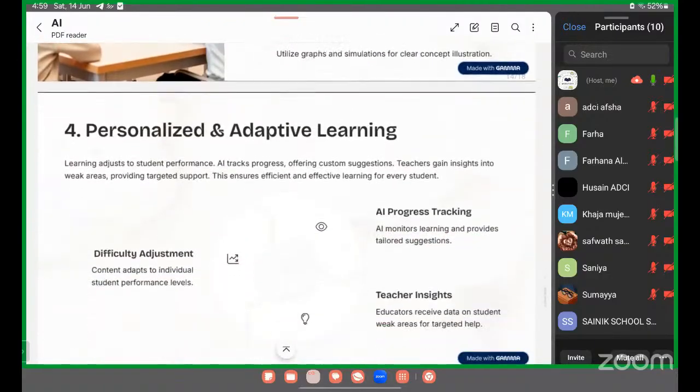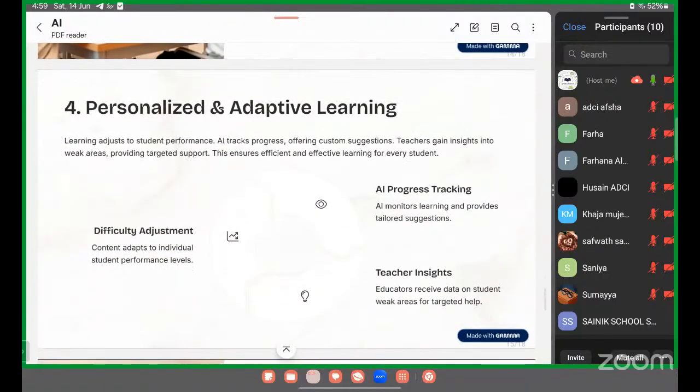Next, personalized and adaptive learning. Personalized and adaptive learning adjusts to student performance. AI tracks progress, offering custom suggestions. Teachers gain insight into weak areas and provide targeted support. This ensures efficient, effective learning for every student.